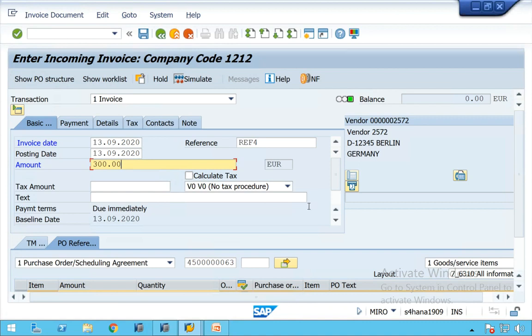Dealing with taxes in an invoice is a separate lesson. As of now, we'll keep it as V0.